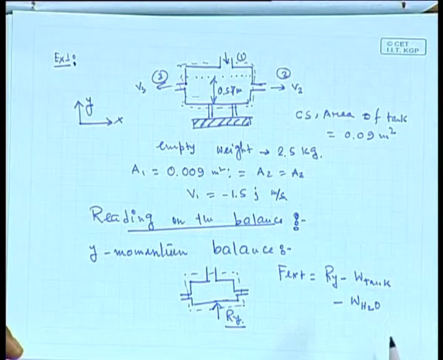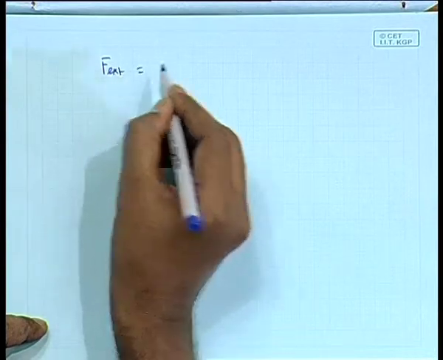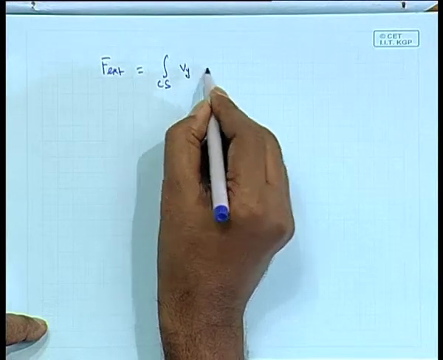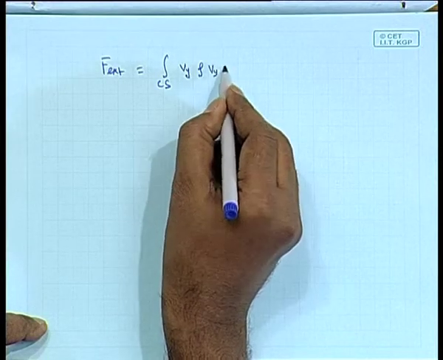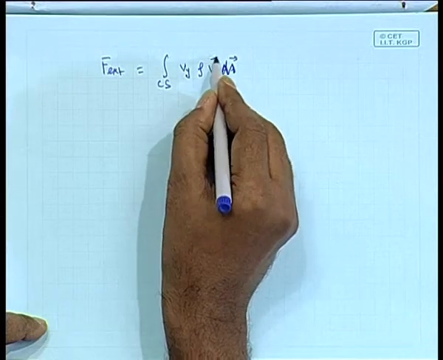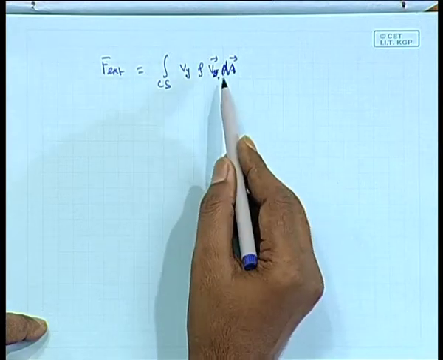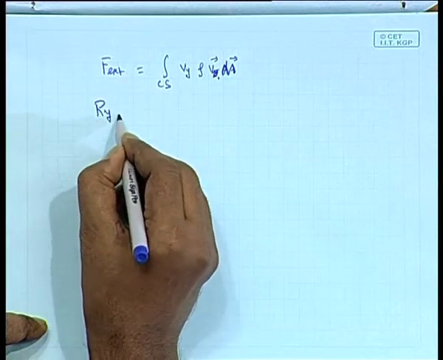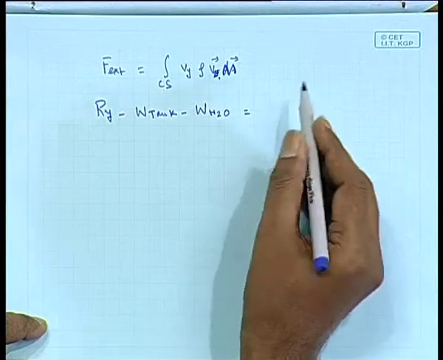multiplied by the rho of water, which gives the mass of water, or weight of the water, contained in the container. And of course, you will have the flow terms on the right hand side of your y momentum equation. So F external will be nothing but the control surface integral in the y direction, of Vy rho V dot dA. Rho V dot dA is the differential mass crossing the cross sectional area. So F external will be Ry minus W tank minus W H2O is equal to